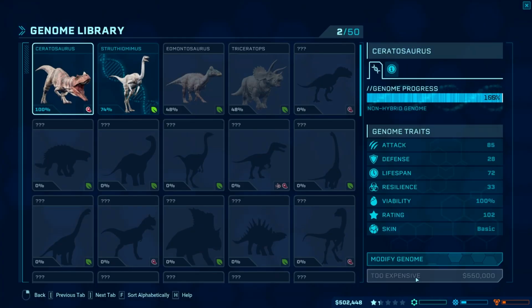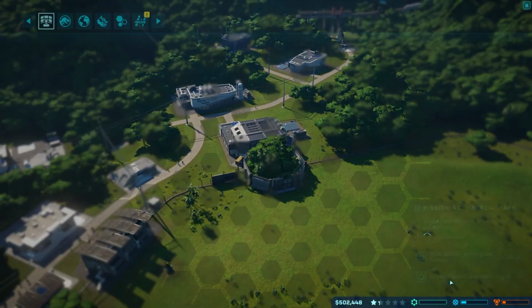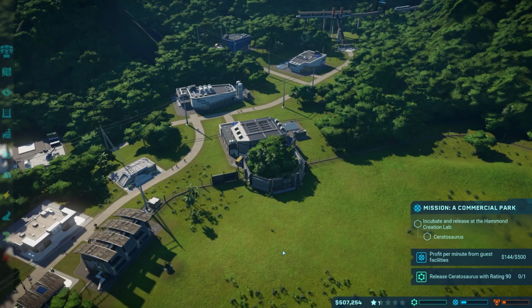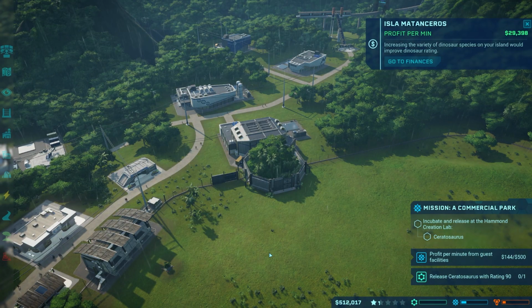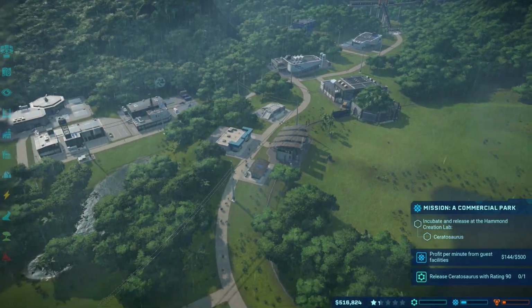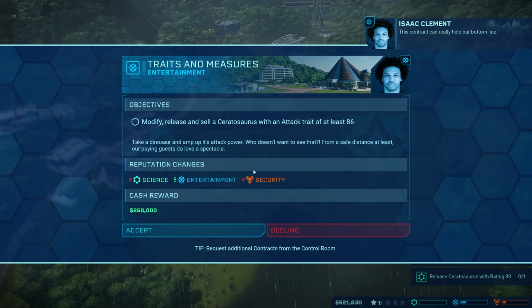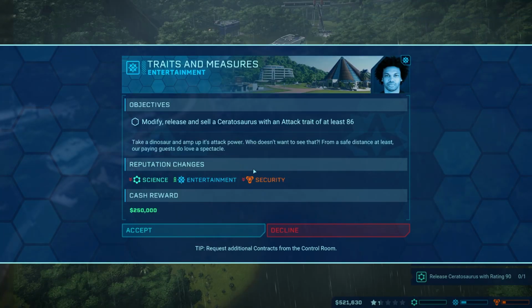Come on. We're so close. How much you paying me for that? 310,000. Damn! Increasing the variety. How about you don't tell me how to do my job, okay? I'm trying my best. This contract: modify, release, and sell. Modify, release, and... Ooh. That's require...